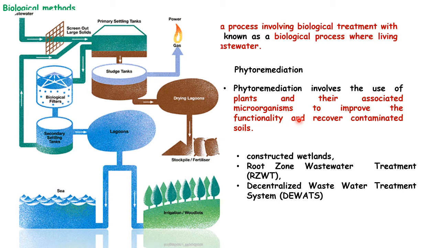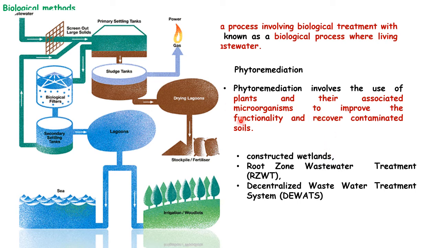The water will then be released into the normal aquatic environment. For example, after treatment the water is released into the sea, and some part of the water, if it has good quality, will be used for irrigation and other domestic purposes. The sludge will also be used for different purposes. Based on its nature, some sludge will either be incinerated or used as a fertilizer. Again, it's a different process.